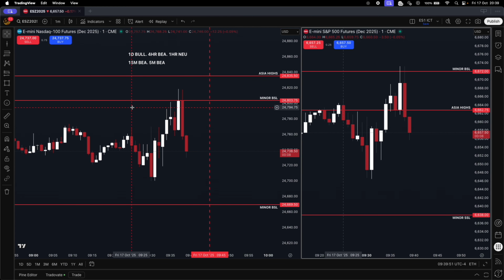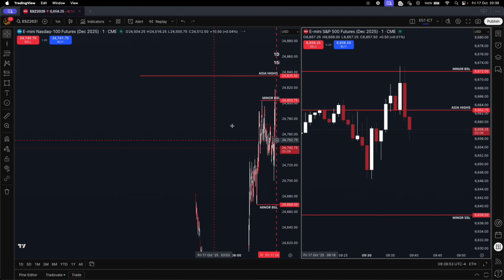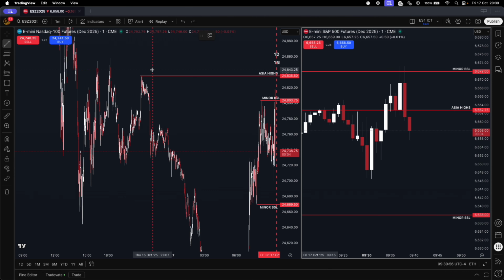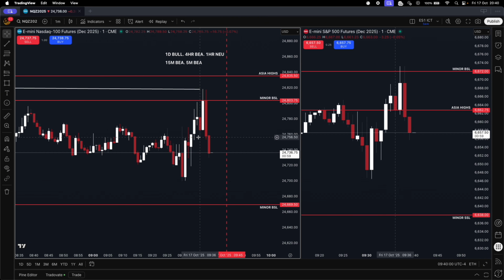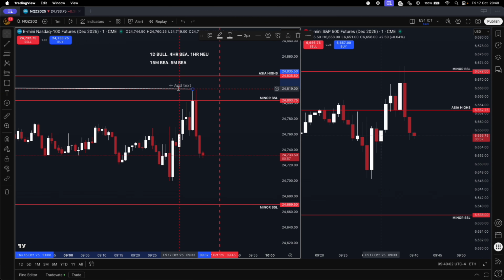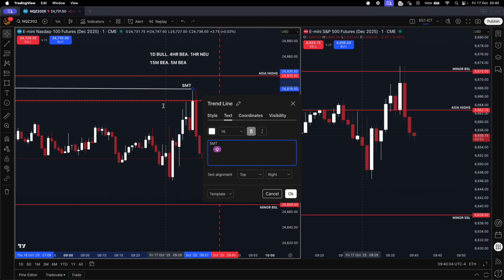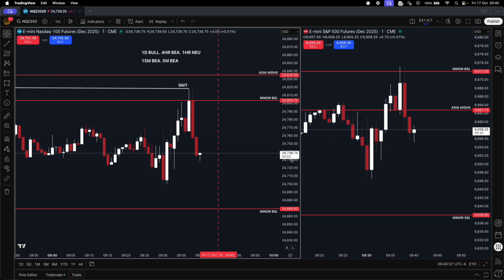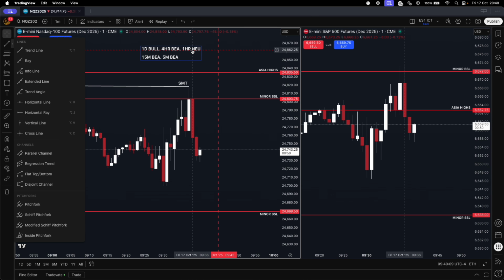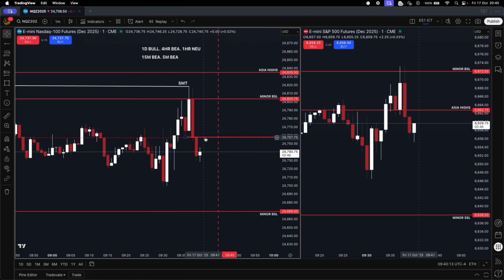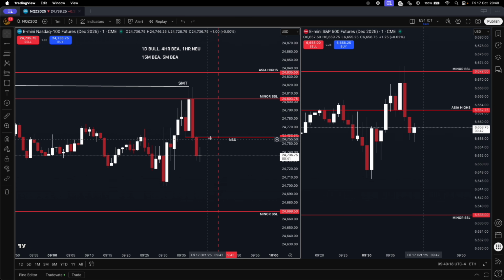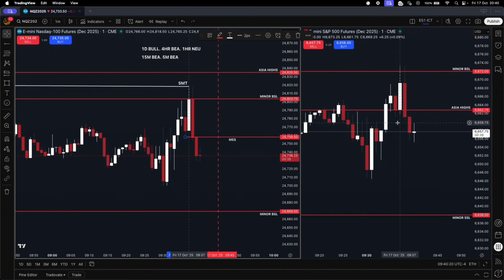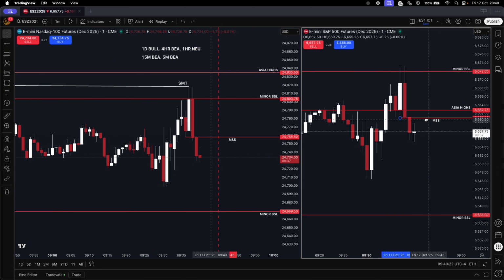So now I can see the model forming. I'm going to then put in the effort of marking out this line of a bearish SMT, just so it looks a little bit cleaner, just so we know we have that there, so no one forgets. Alright, so what we can see so far: a sweep of buy side, a bearish bias, a shift in market structure on NQ, and also a shift in market structure on ES.